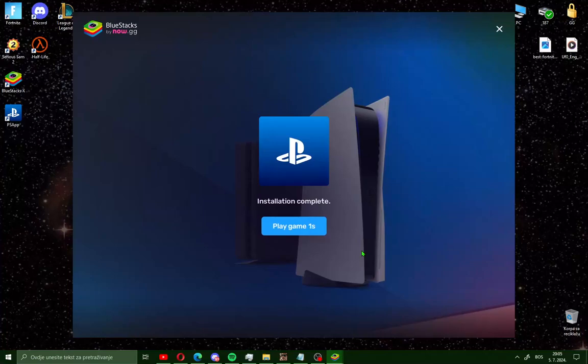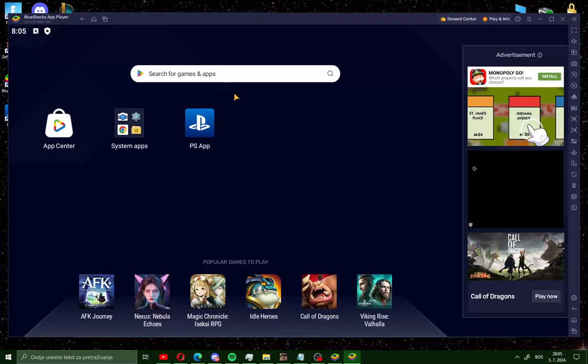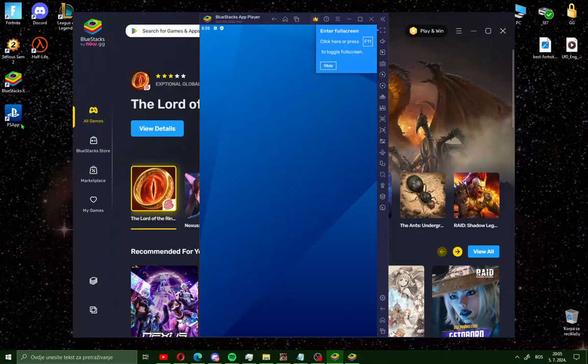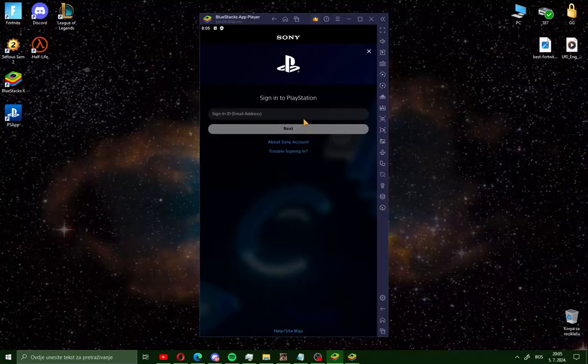Just wait for it. When you install PlayStation app like me, you will get this PS app on your BlueStacks and also you will get a desktop app. After that, go here sign in and sign in to your PlayStation account. That's it all guys, how to download PlayStation app on your PC or laptop fast and